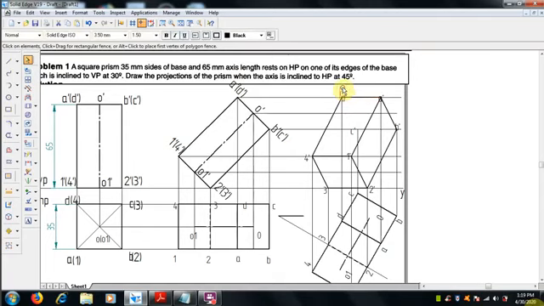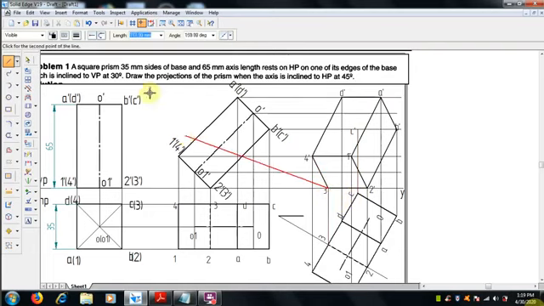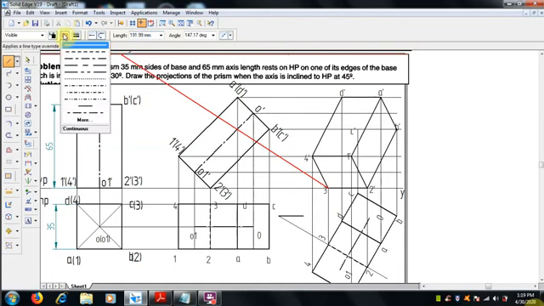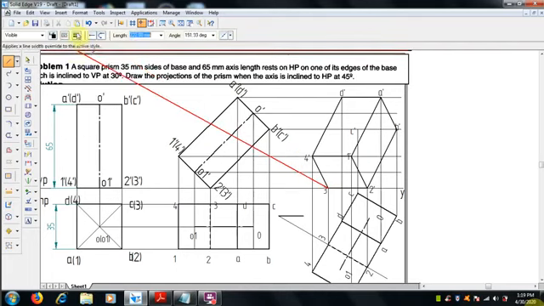So the hidden edges: we can see the bottom face and the top face are connected with these rectangle faces, isn't it? So the rectangle faces, we can see now 1 is connected with A, 4 is connected with D, 2 is with B. The 3 is to be connected with the C, but since it is crossing the visible face, we can make it a hidden line.